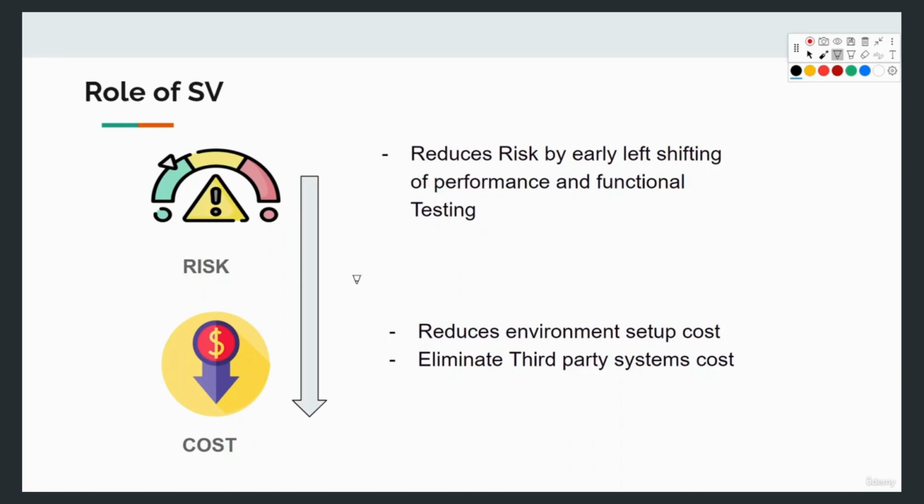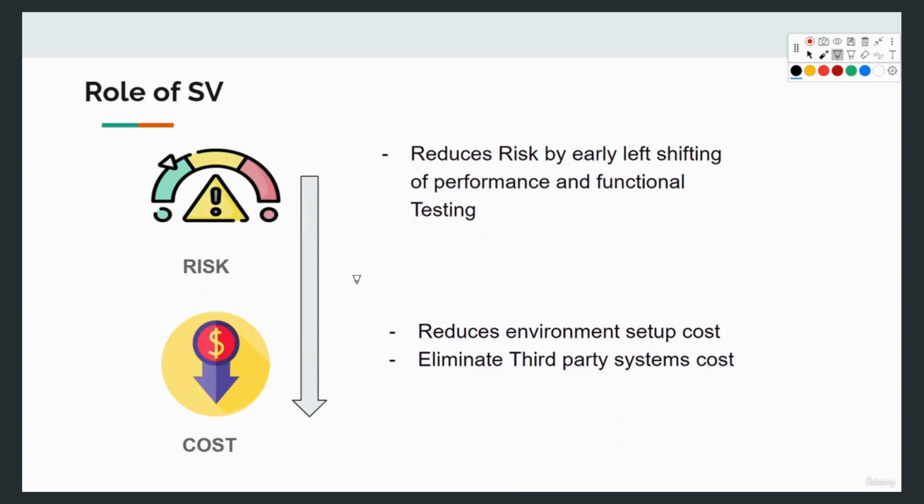How? Because it shifts very early to the testing part, right? Everything is available, and the things which are not available are already virtualized, so we have the complete environment for testing, right? And in case of cost reduction, the environment setup cost is quite low here, because